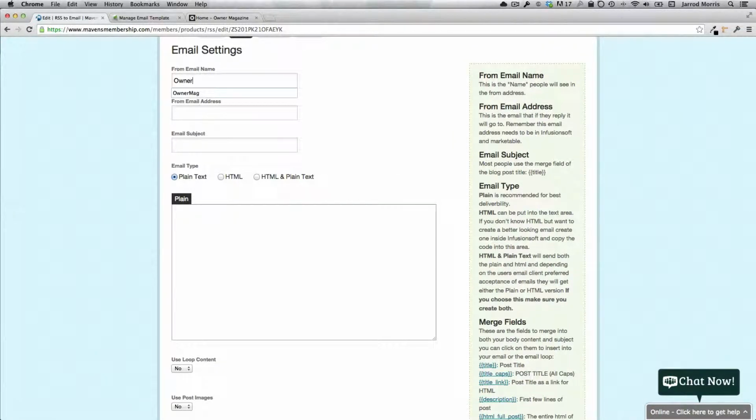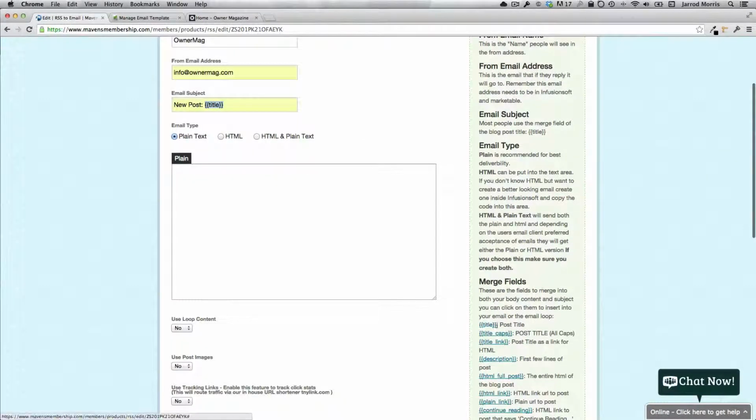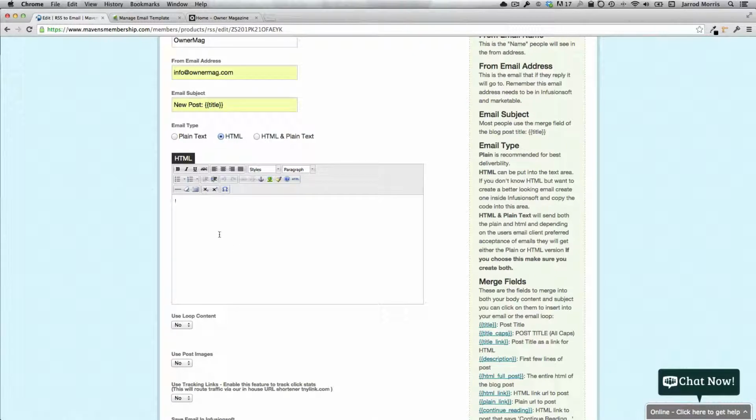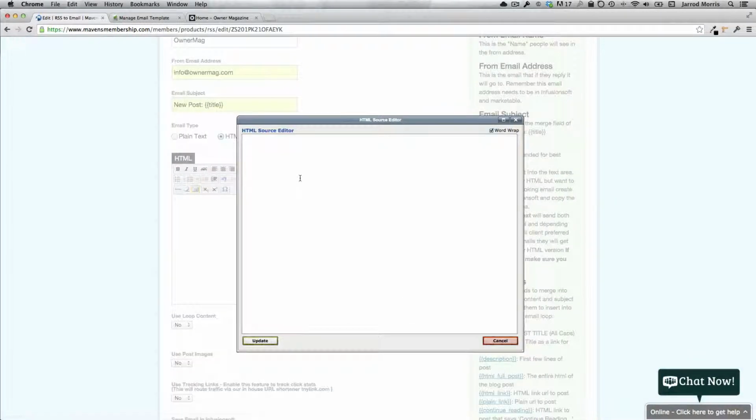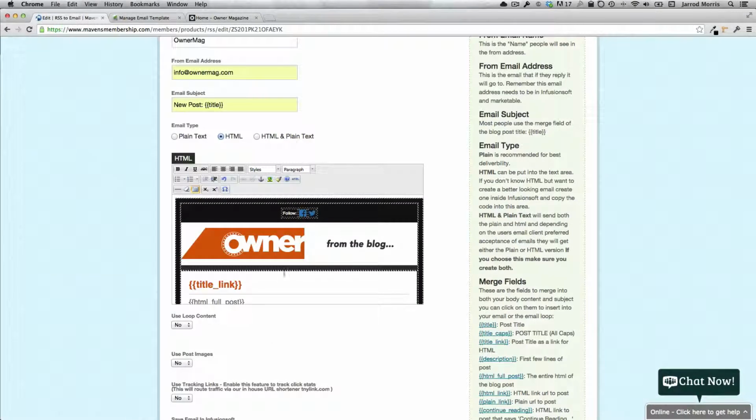Okay, so I'll fill this out real quick. This little title merge field, if you reference on the right hand side, is going to pull the post title into the subject line, which you may or may not want. You could also say something like, fresh from the blog, or whatever you want to say there. I'll click on HTML. Now what you do not want to do is paste right in here. This will not work at all. So delete that. You want to click into the HTML, paste it there, click the update button,